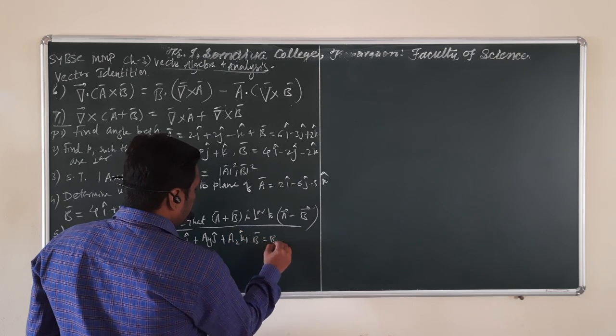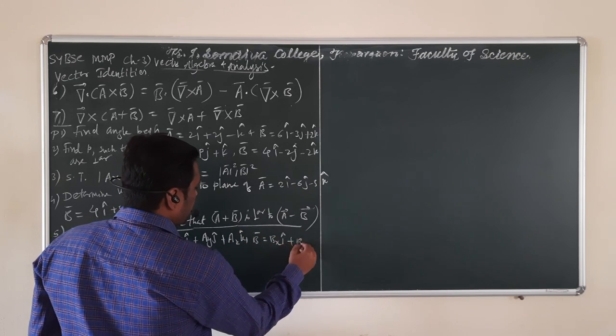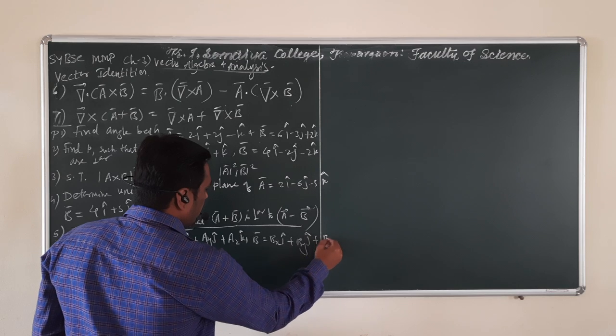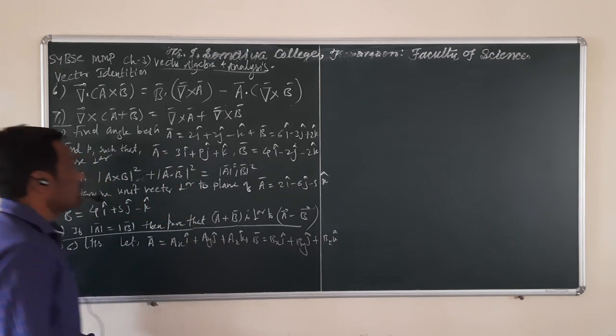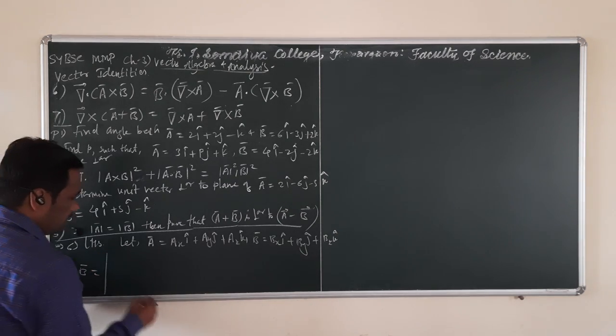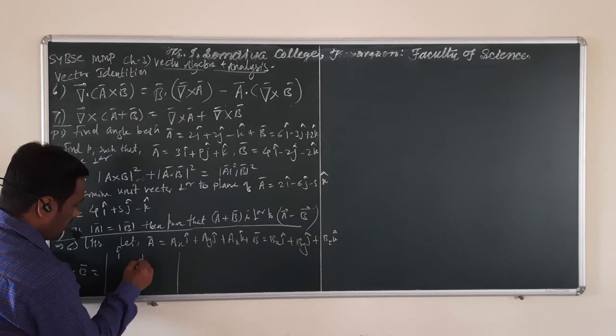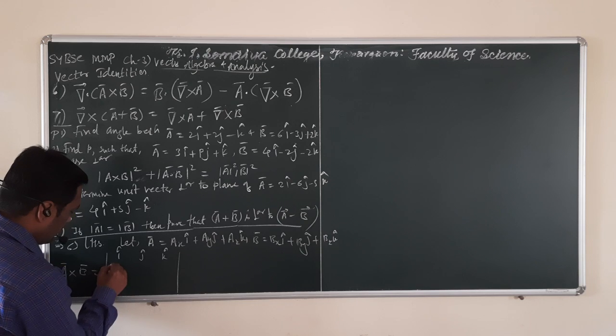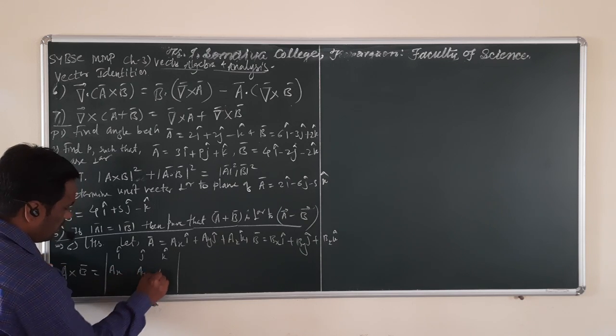Vector b is bx i cap, by j cap, and bz k cap. First of all we need to find the cross product a cross b, which is the determinant with i cap, j cap, k cap, then ax, ay, az,